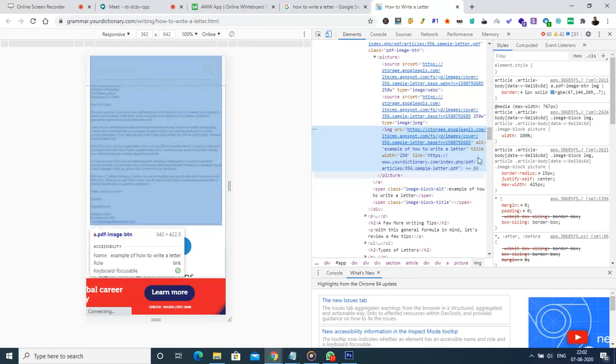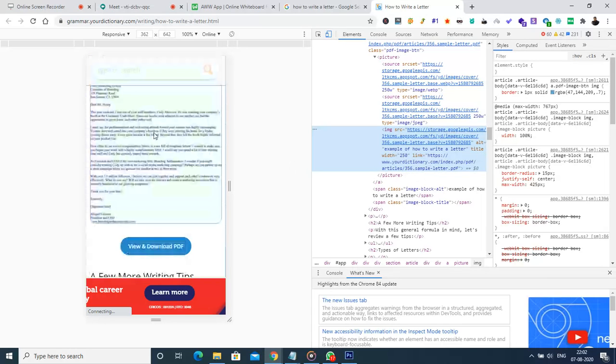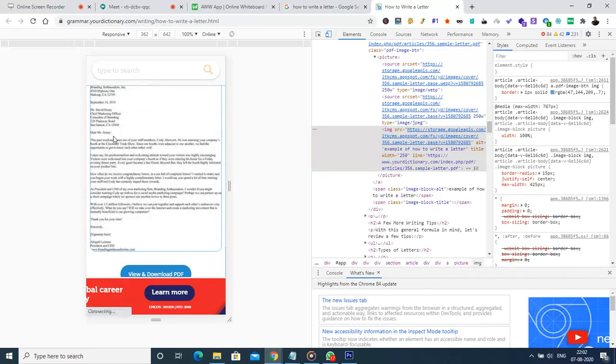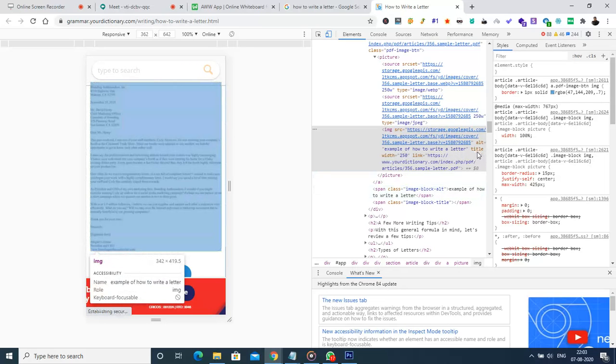And then we have the title. The title tag is used for, let me check whether the title tag has been used or not. The title is one tag. When we hover above the image, we are able to see the definition of this particular image. Right now I believe the title attribute is not there, so I can't ensure whether they used a title tag or not. But we can add a title tag along with the image.